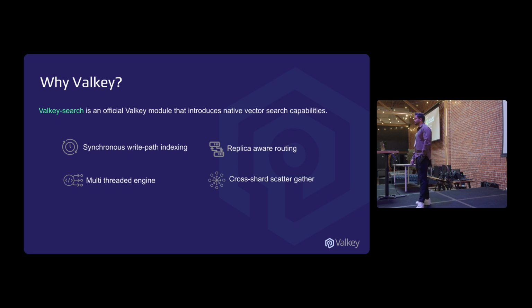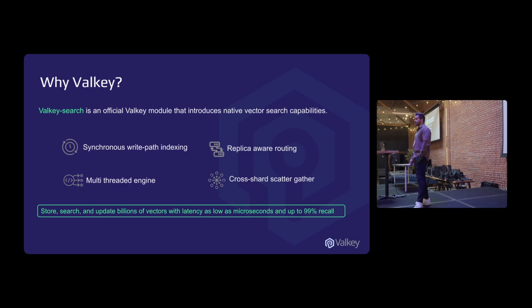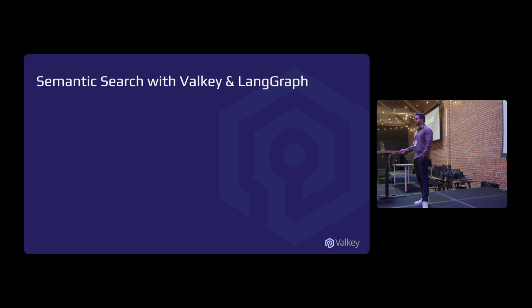And finally, Valkey Search also has a cross-shard scatter gather that supports adding instances, so you can scale up your cache size without application changes. As a result of all this, you can store, search, and update billions of vectors within Valkey with latency as low as microseconds. Let's take a look at how a sample application of semantic cache would look like with Valkey